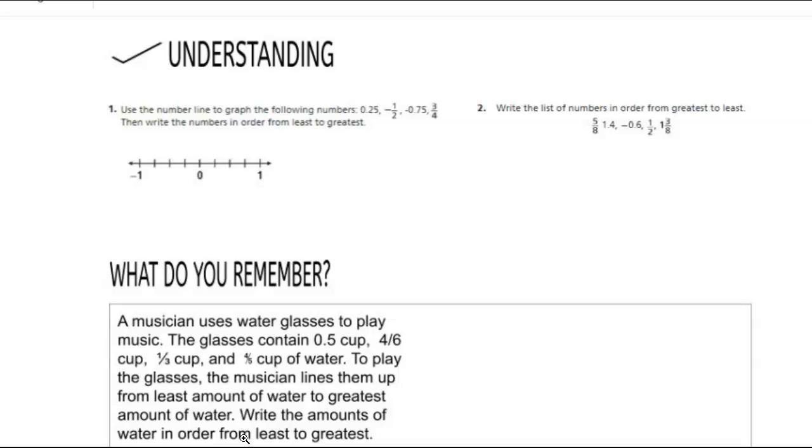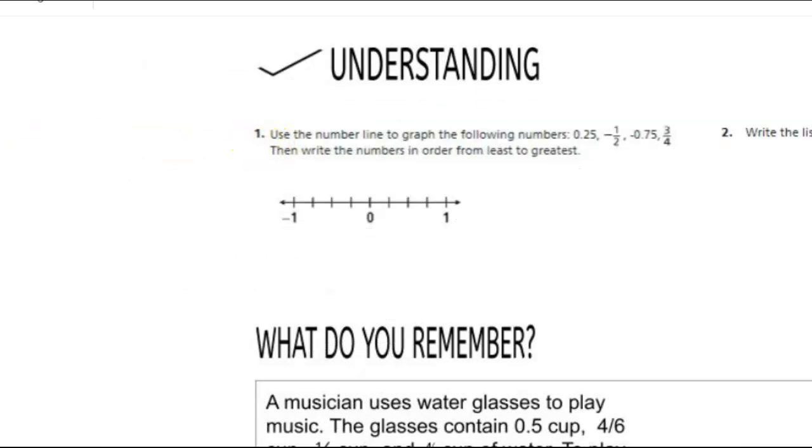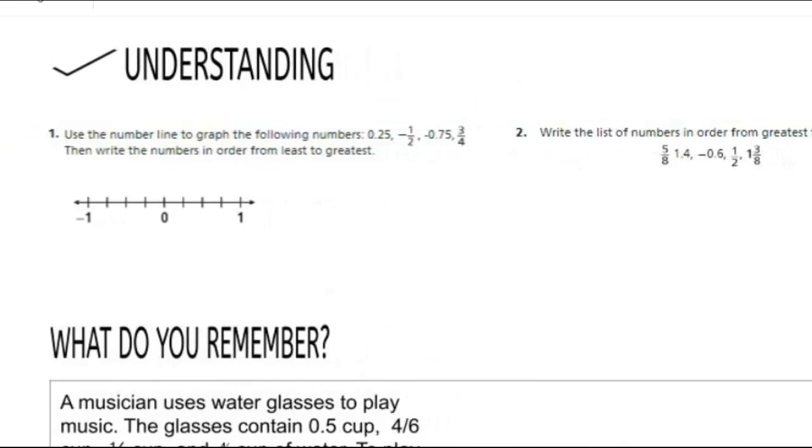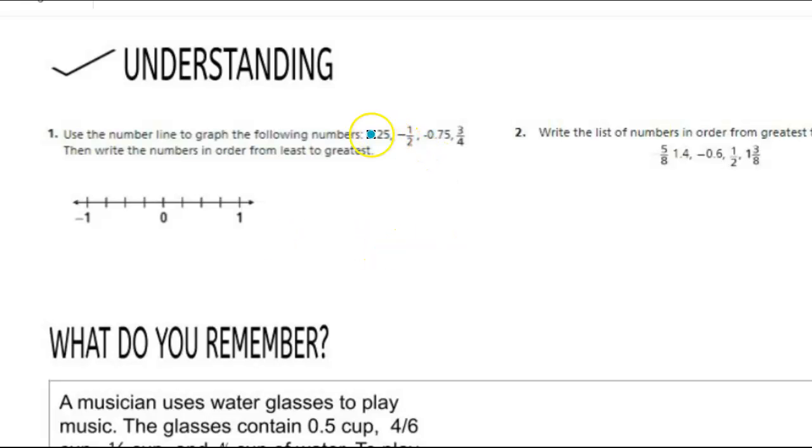Okay, number 1, use the number line to graph the following numbers, and then write them in order from least to greatest. I'm going to zoom in a little more here so we can be zoomed in nice. Okay, first off, they're at all different levels here, but you guys are really good already with these numbers, so I don't think we need to write them any differently. If I look here, this is 0.25,